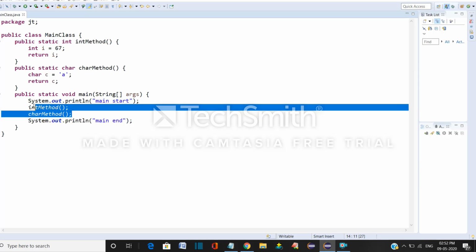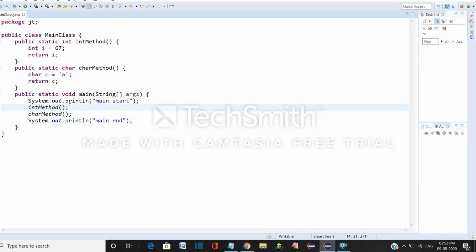You are calling the methods from the main method, but you haven't stored the value. You are just calling, which is not enough. The method will be called and executed, and the value is returned, so you have to catch the value and store it in a variable.